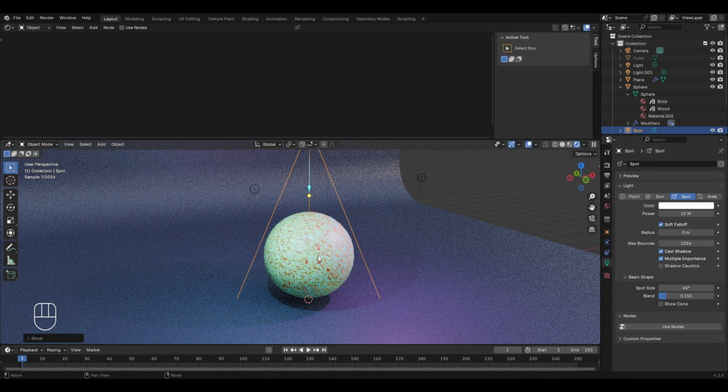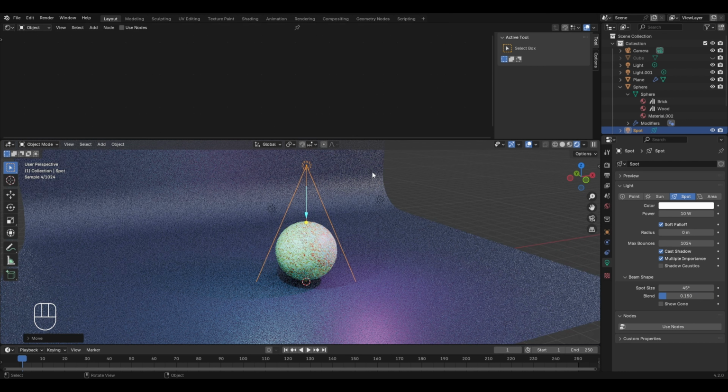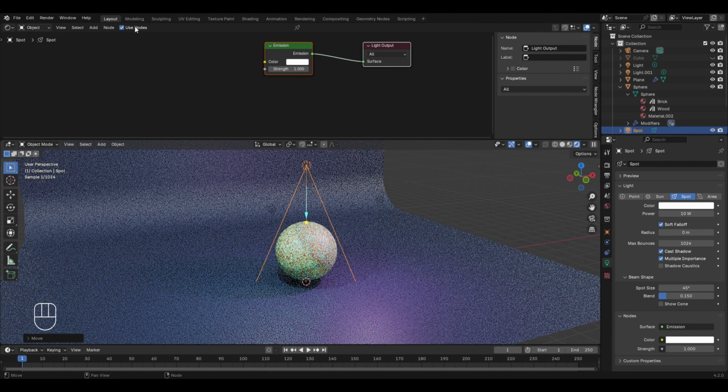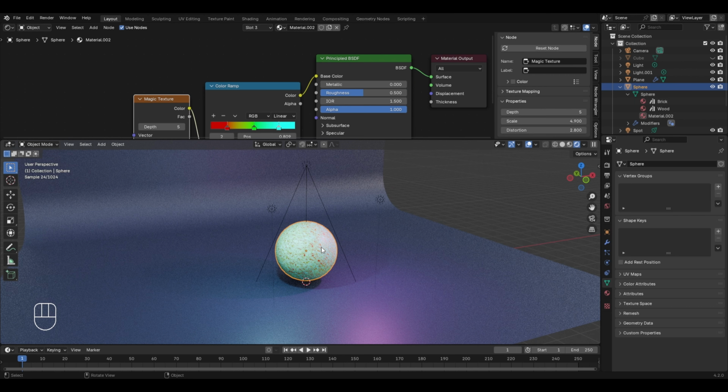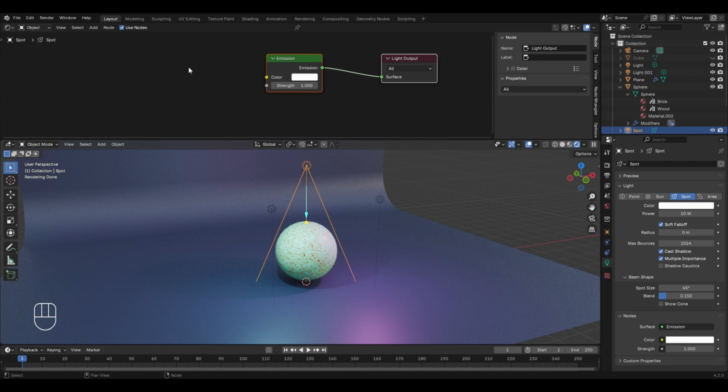After this, go to the shader editor, and with the spotlight selected, we'll now add the IES texture node. So to begin, first enable the use nodes by clicking here, and this will give us the default node system for the spotlight, where we have the emission shader because the spotlight is emitting the light and it is connected to the light output, because of which we are able to see the effect of light in the scene. This is very similar to the material output node that we used to see for mesh objects. For example, in this UV sphere also, we have this material output node which can be used for surface and volume materials.